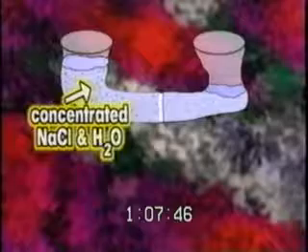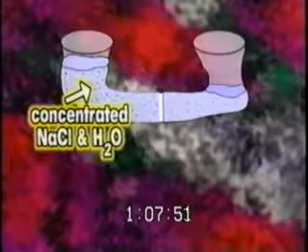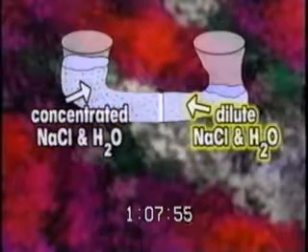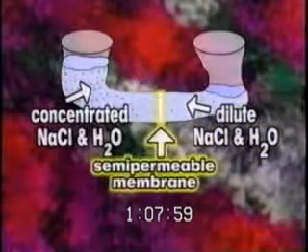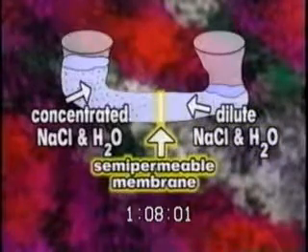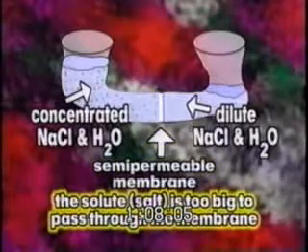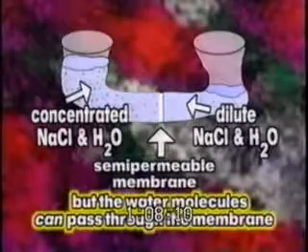So let's get specific. Say we have a concentrated solution of table salt, NaCl, and water on the left side of a U-shaped tube, and a dilute solution of NaCl and water on the right side of the tube. A semi-permeable membrane at the bottom of the U separates the solutions. The solute, which is the salt, is too big to pass through the membrane, but the water molecules can pass